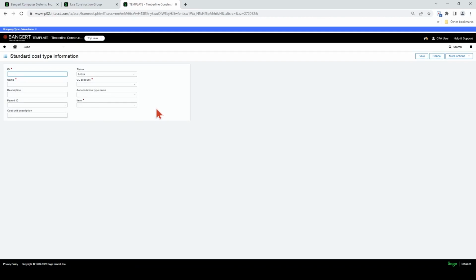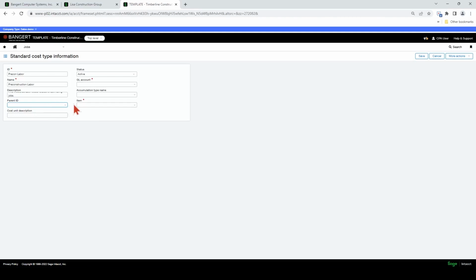Let's call it pre-construction labor. Or maybe pre-con labor. And let's put a longer name in here. So this would be labor costs related to estimating jobs.